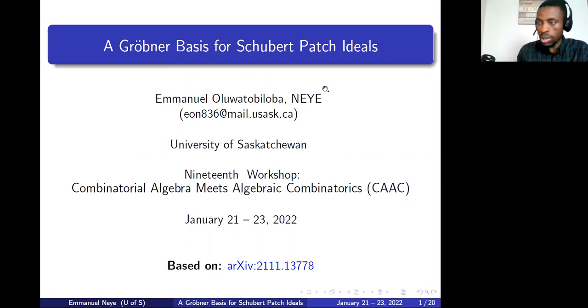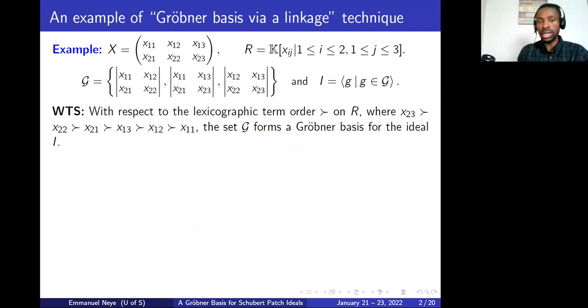So I'm just going to start with a baby example of this technique. Here we consider a Gröbner basis result for an ideal of maximal minors. As an example, let X be a 2x3 generic matrix and R be its coordinate ring, and G be the set of minors of size 2, the maximal minors in this matrix, and I be the ideal generated by these minors. What we wish to show in this example is that with respect to this lexicographic term order on R, where the variables in X are ordered this way, this set G forms a